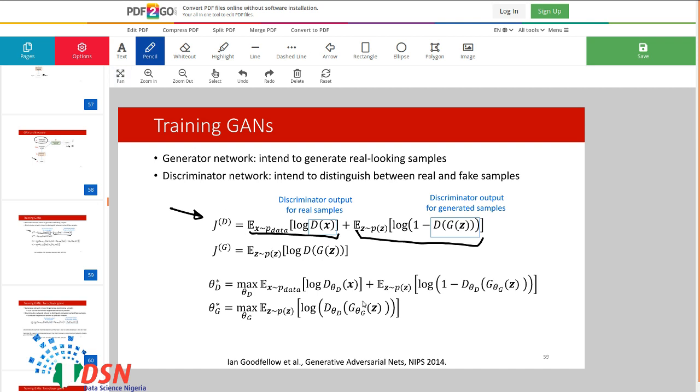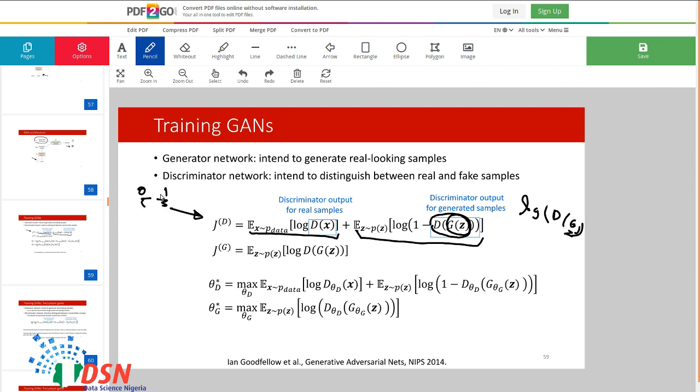So we want to minimize this, or maximize this one. G of Z is the output of the generator network, and D of G of Z is the output of the discriminator, which could be the probability of real or fake, so it is between 0 and 1.